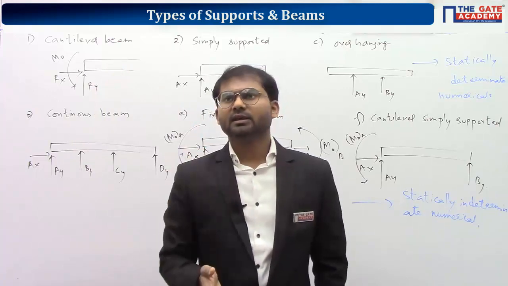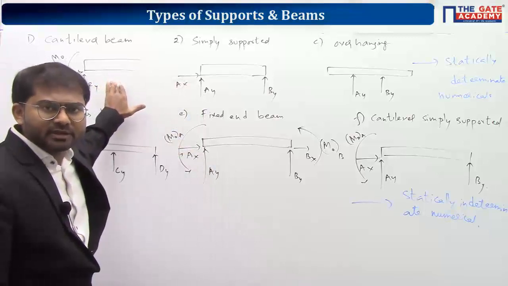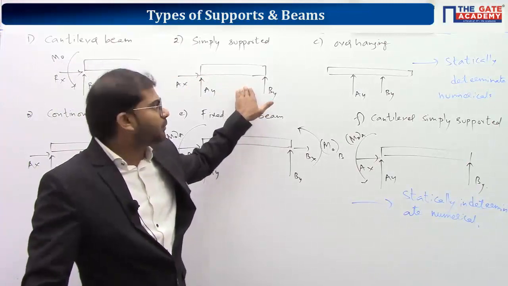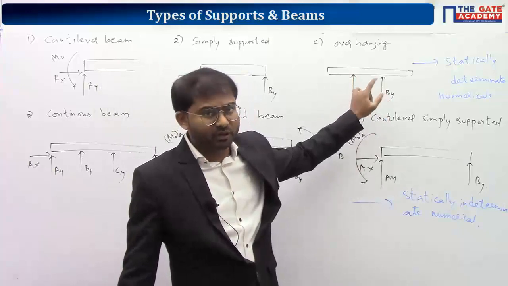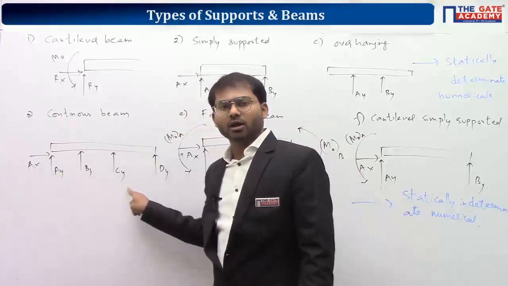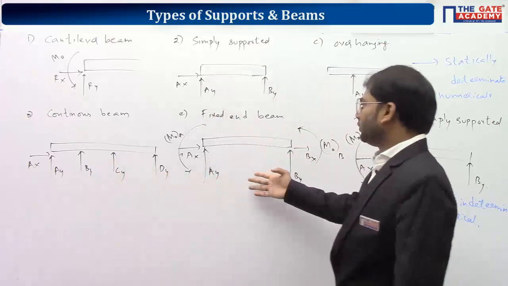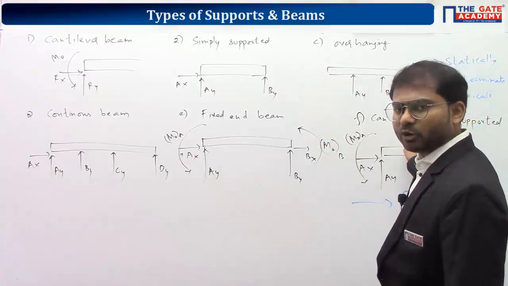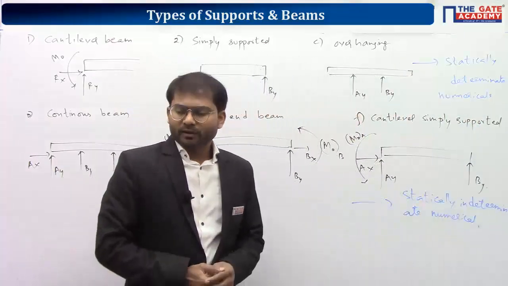Okay, so you can have any scenario. It's very clear from the diagram itself, right? Cantilever beam means you'll be having one fixed support. Simply supported beam means one hinged support and one roller support. Overhanging beam means you'll be having 2 roller supports. We can have one hinge and one roller as well, but we cannot have 2 hinges. If you take a continuous beam, we'll be having 1 hinge and the remaining all are rollers. We'll be having more than 1 roller. That's very obvious in the diagram. If you take a fixed beam, we'll be having fixed supports. And if you take a propped cantilever beam, to a cantilever beam we'll be putting a roller support. That's it. Clear, Sanjay? Okay, understood?